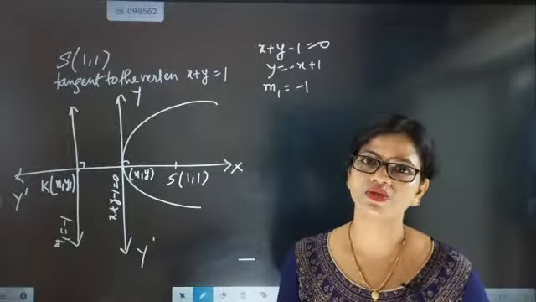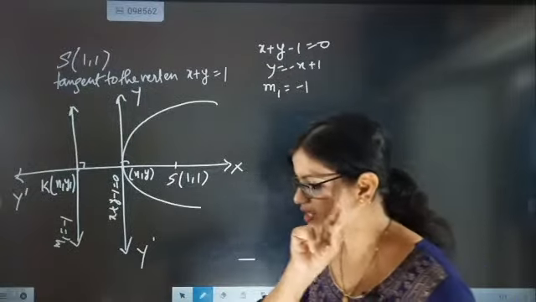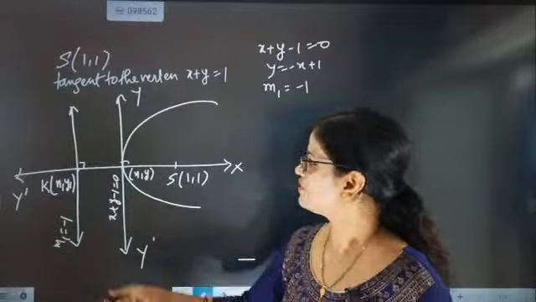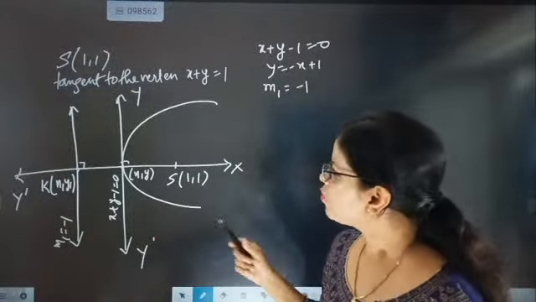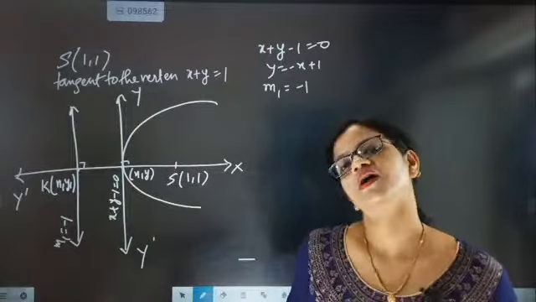For perpendicular lines, m1 into m2 will be equal to minus 1. That you have to do. Only that point you have to remember. Fine. So now the next important section, we got the focus point. Now here one point is there. If we get the slope of the axis, our work is over.